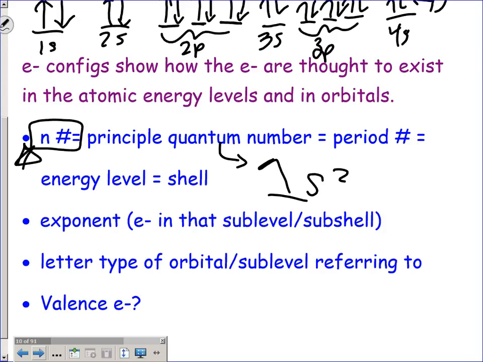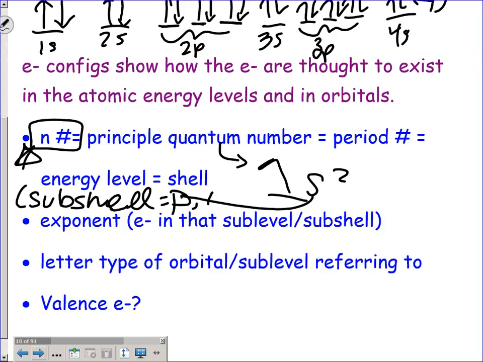If you ever hear the word subshell, it's more referring to the letter within. Now, there's not really a subshell S because that's the only shell. S is the shell because there's only one orbital. It would really be most appropriate for P or D or F. Oh, so energy in that subshell or shell, okay? And then